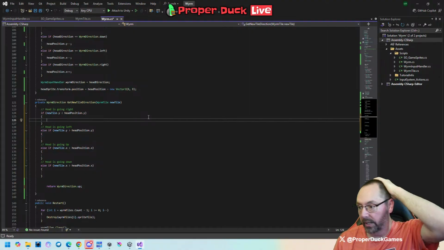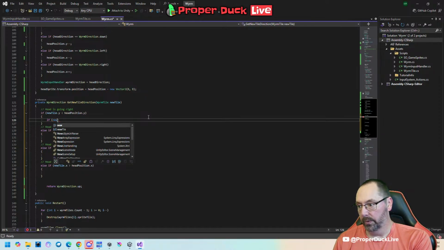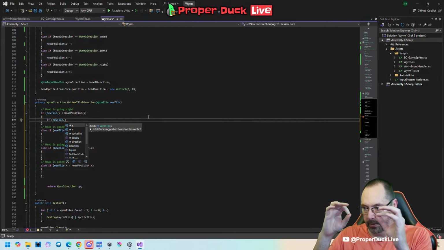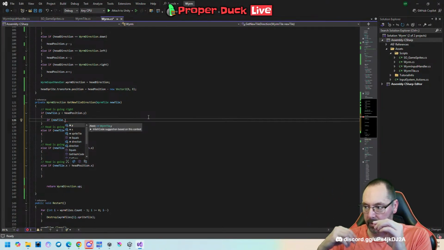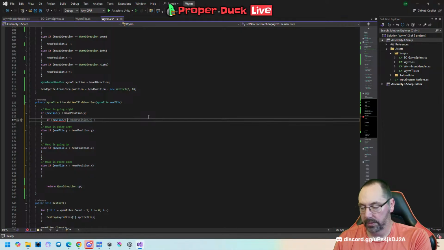So we know we don't have to check left here. So we need to do, if new tile dot... head is going right. So I still need to check those three. I need to check the Y's and 1 X. If the Y is greater than